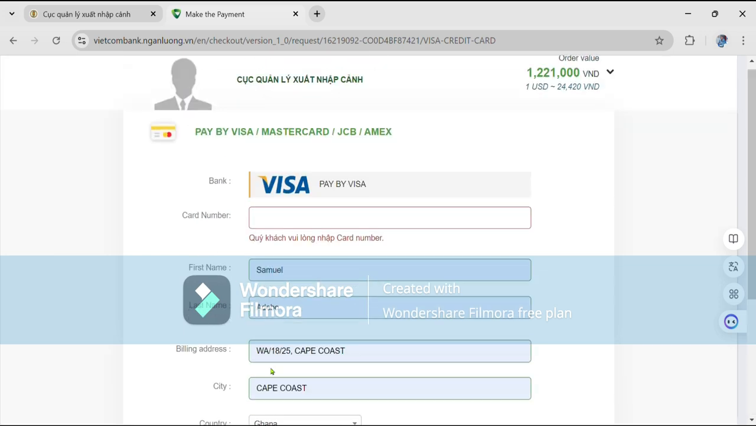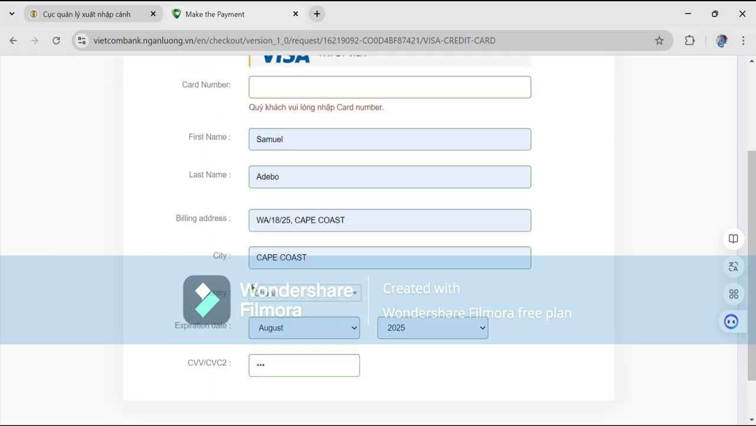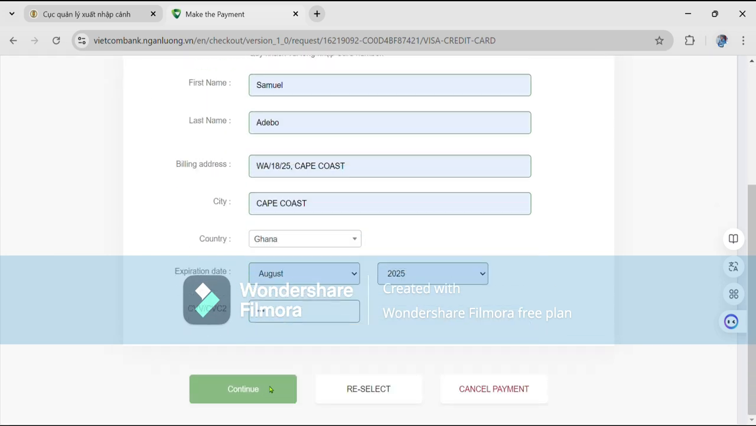After you continue with your payment, you get an alert, and then you print out the alert and kindly wait for your visa. Now in the next tutorial, I will teach you how to check your visa progress. After you've applied, how do you check the visa progress? So let's continue with this video